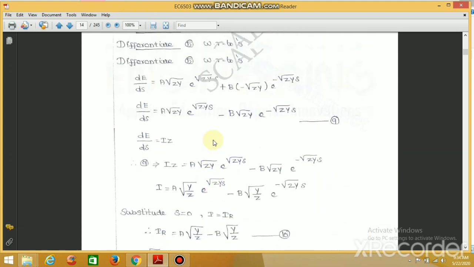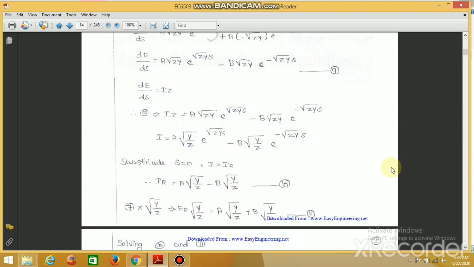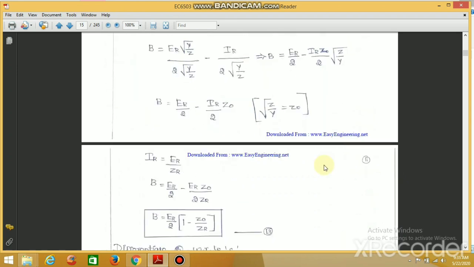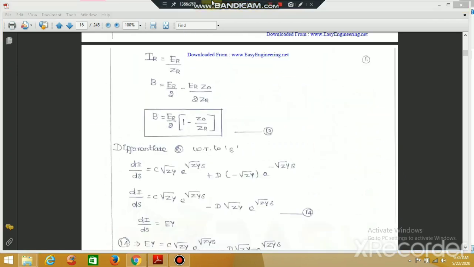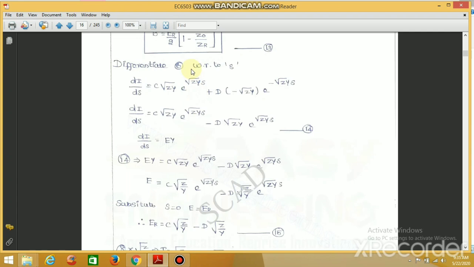We have differentiated equation 5 here, and now we are going to differentiate equation 6. The same procedure we followed for differentiating equation 5 needs to be followed for equation 6 also. So differentiating equation 6 with respect to S, you will be getting dI by dS is equal to... I am coming straight to this answer because the method is same. You will be getting E is equal to C root of Z by Y e power minus root ZY S minus D root of Z by Y e power root ZY S. In this equation,